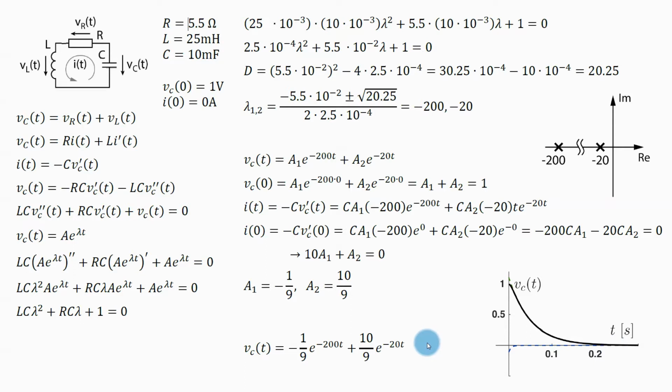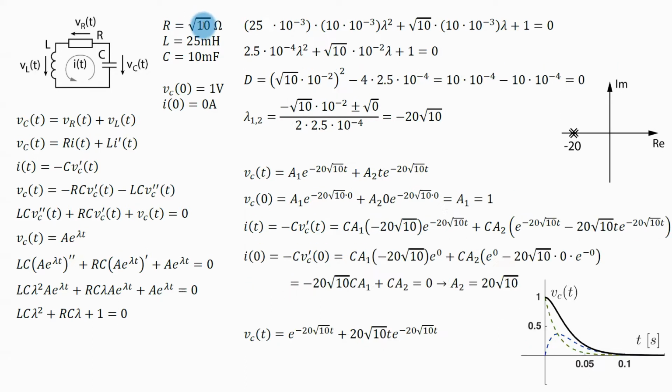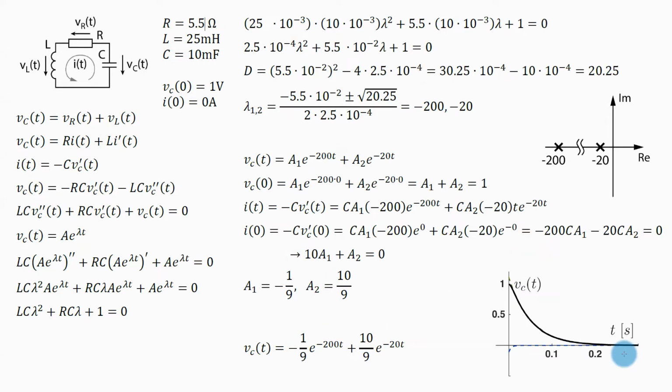From the electrical standpoint, this math is telling me that when I increase this resistor, there will be smaller current flowing out of the capacitor and it will take longer time for the capacitor to discharge, at least in comparison with the previous case. In this case, my resistance is 5.5. In the previous case, my resistance was square root of 10, which is about 3.2. In this case where I had that critical damping, my capacitor was discharged to almost zero level at 100 milliseconds. In my last case, where my resistance is 5.5, the capacitor was discharged to almost zero level at more than